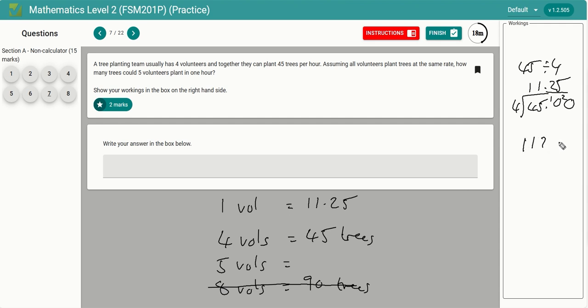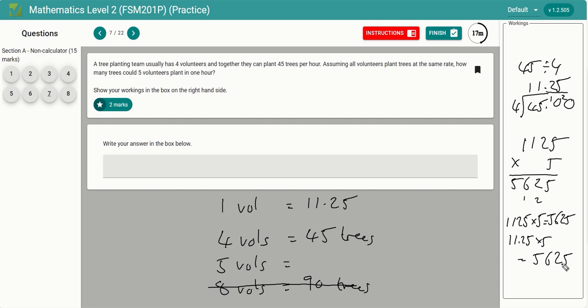So let's forget the decimal point for now. Let's just do 1125 times by 5. 5 5s are 25, carry 2. 2 5s are 10. 10 plus 2 is 12, carry 1. 1 5 is 5 plus 1 is 6. 1 times 5 is 5. So if 1125 times 5 is 5625, then 11.25 times by 5